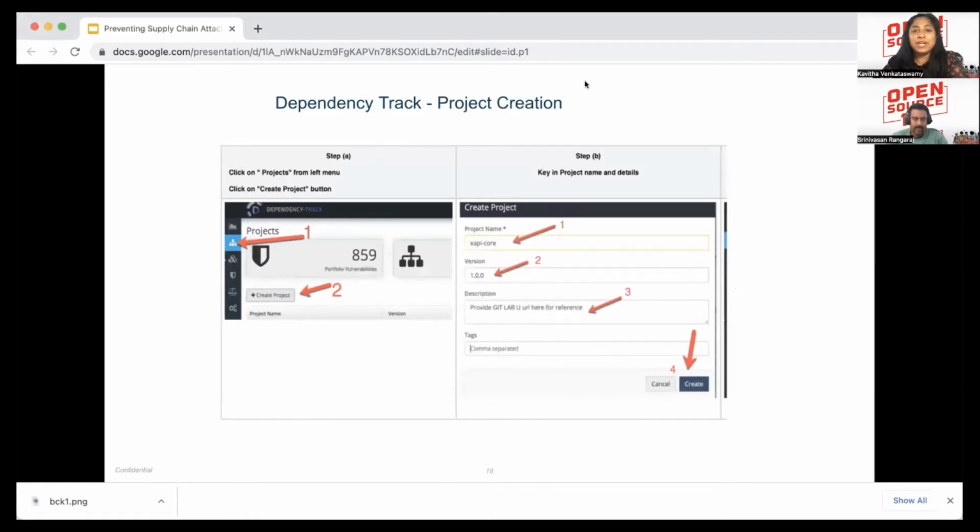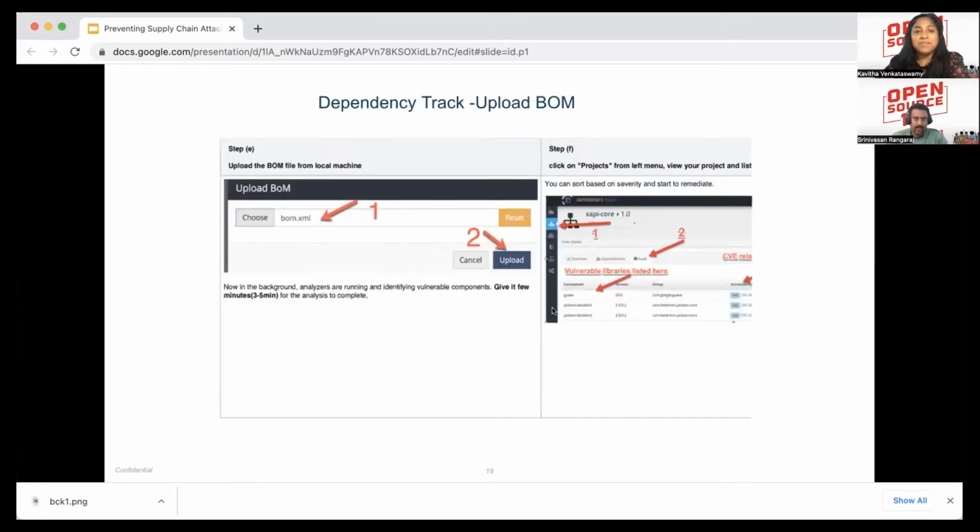So now moving on, how do you create a project? This is the UI. You go create a project, you give a project name and the description. And from the commands that I've shown you before, say, for example, you have a Java project, you create a BOM file. So I'm just walking through your scenario.